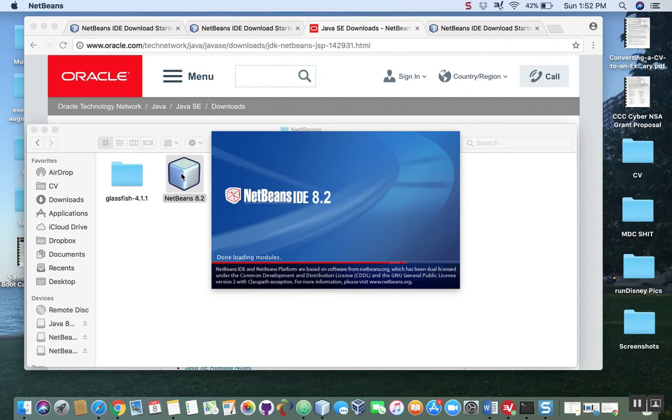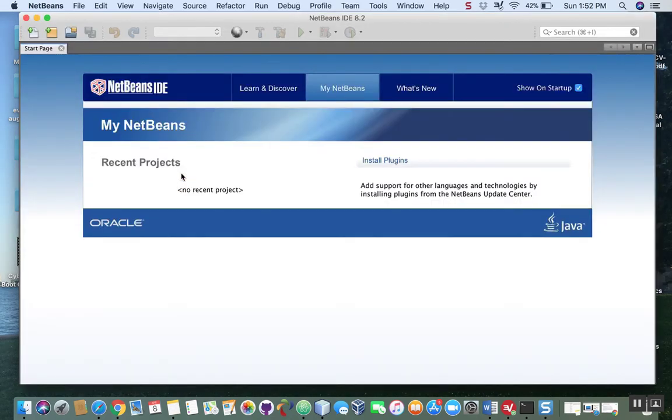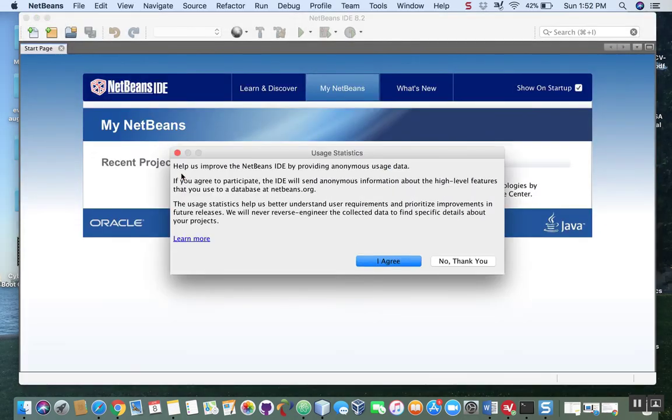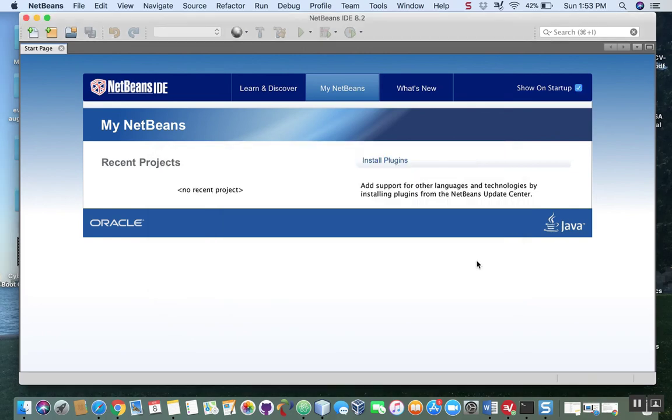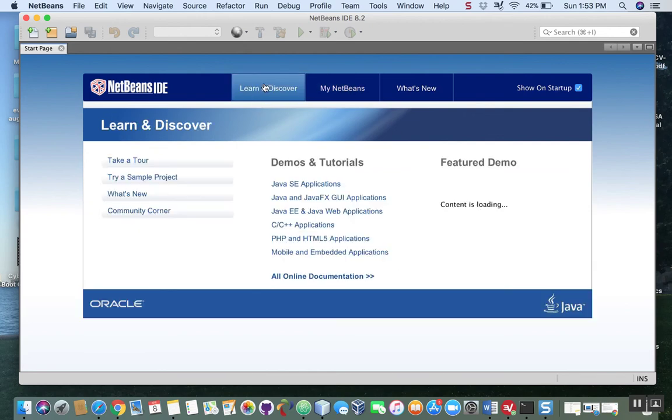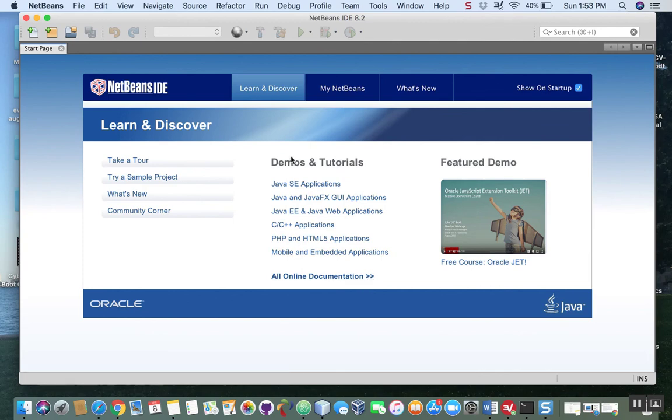As soon as this page opens up, it's going to open up NetBeans for the very first time. And there you go. It's asking me to give usage statistics back. I don't really do that, so I'm going to say no thank you. But when you open it for the first time, you'll see basically a screen like this. If you click on Learn and Discover, there are tutorials there, different things. The next video will go through creating the first application, which is Hello World, and then we'll get way more